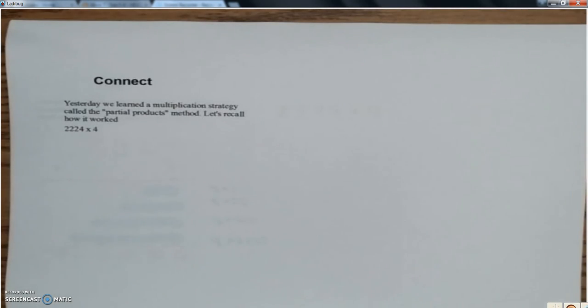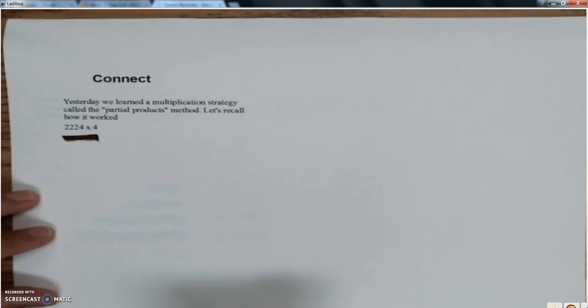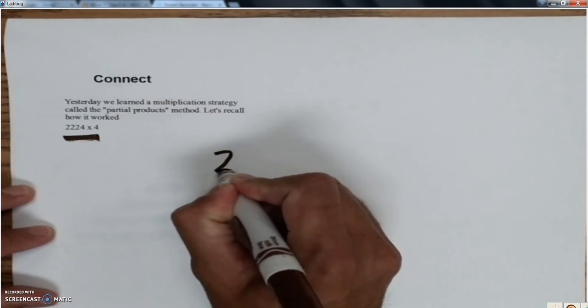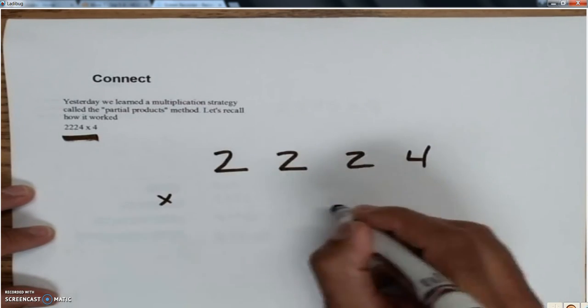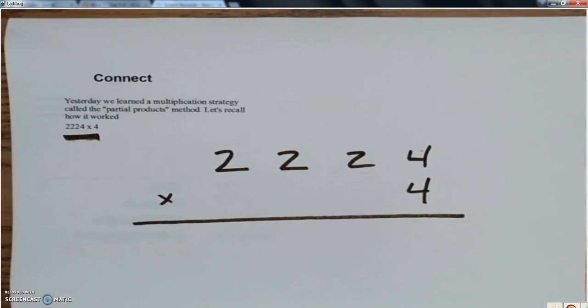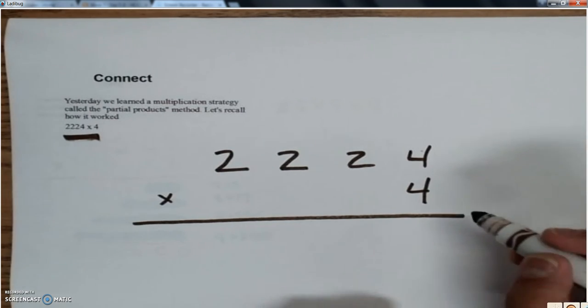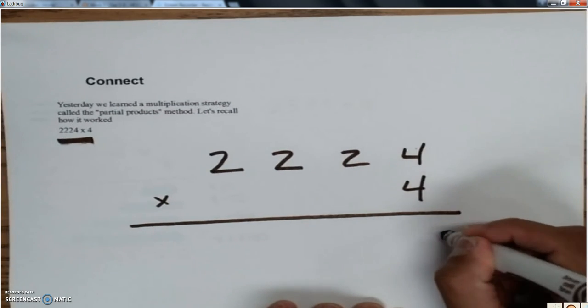When you're all done, mark your page, close your notebook, and unpause the video and go on. All right, let me review real quick how the partial products method worked, because it's very related to the area model. I'm going to work this problem: 2,224 times 4. I wrote my ones under my ones, and then I'm going to calculate 4 different partial products. My first partial product is 4 times 4,